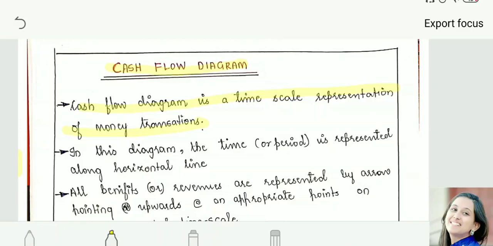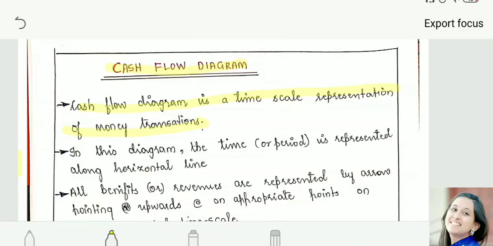Suppose you want to buy a car. Maybe you have some savings up to 5 lakhs and for another 5 lakhs you take a loan. So what happens at that particular time? 5 lakhs you are investing directly, plus for the 5 lakhs loan, you have to repay it to the bank at a certain rate of interest, that is your EMI. So periodically every month a certain amount is getting cut from your account. So it is called as what? Cash outflow.